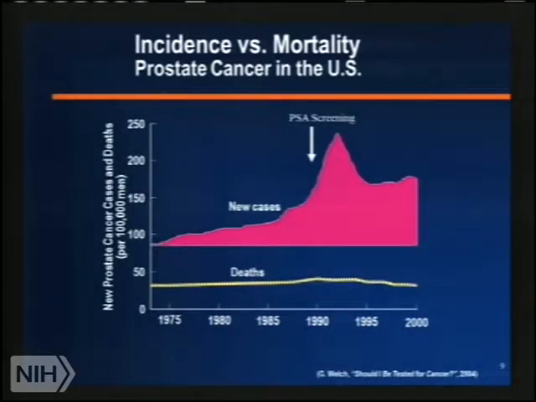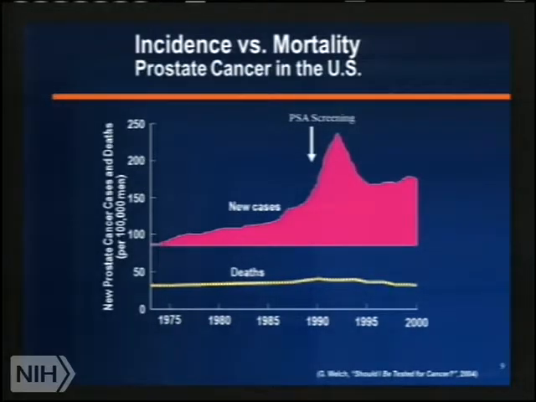So that's one way we use to detect it. The other way is by PSA. PSA is a simple blood test, an ELISA that can be done on serum from patients. Now, you'll notice that before the era of PSA screening, here's the number of